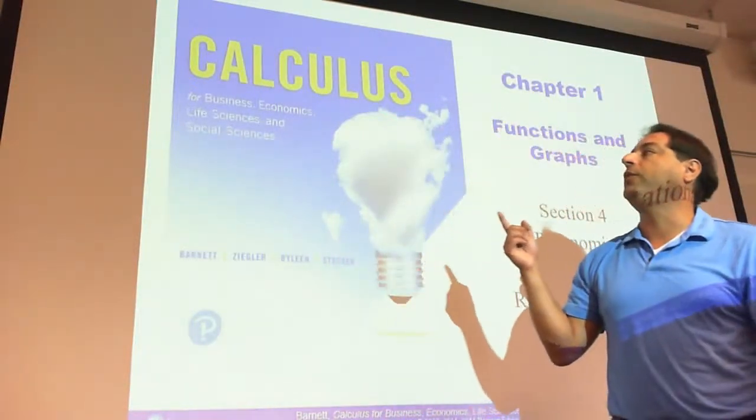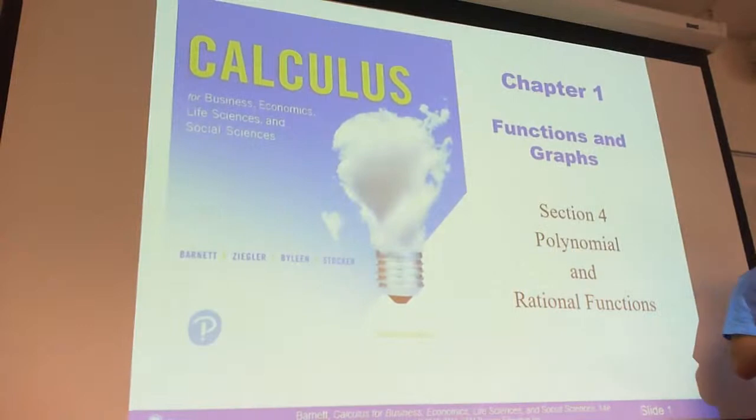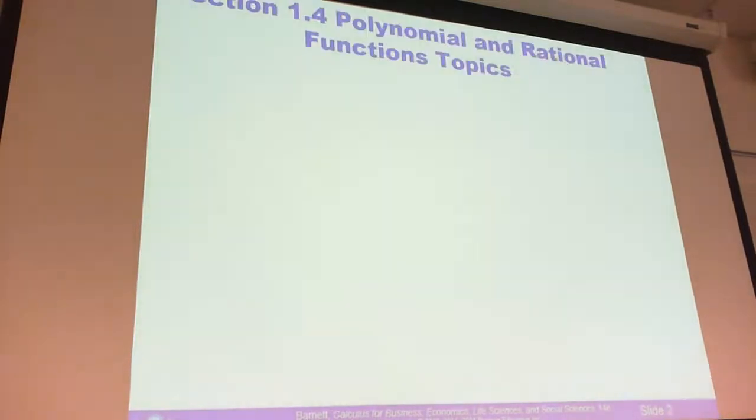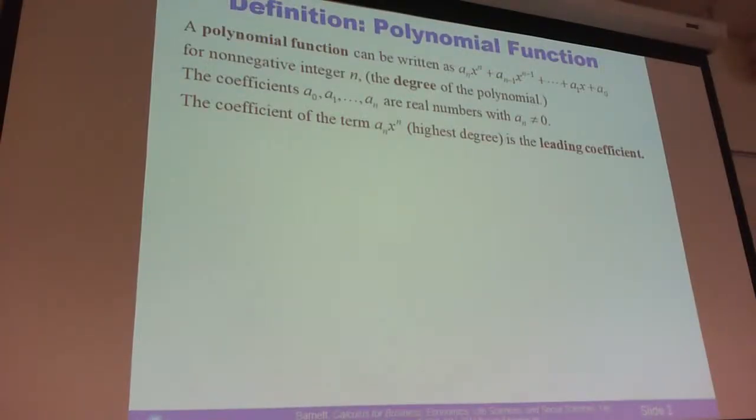Okay, so we're going to go over Chapter 1, Section 4, Polynomial and Rational Functions. We're going to talk about properties of polynomial functions, polynomial regression using a calculator, properties of rational functions, and applications of polynomial and rational functions. And a polynomial function basically has a coefficient times x to some power, plus, and then we